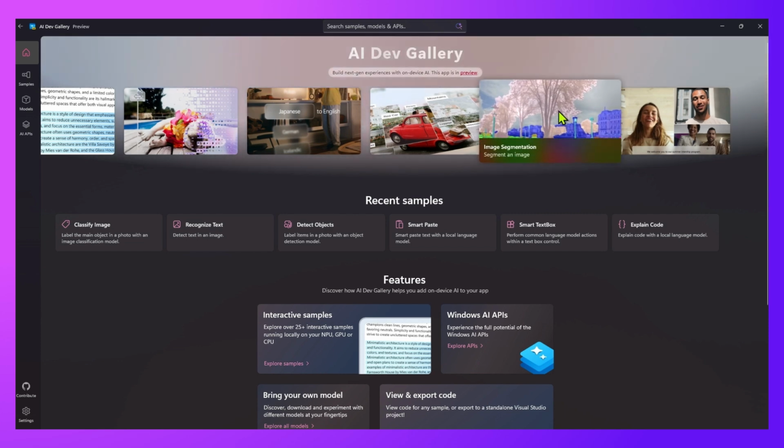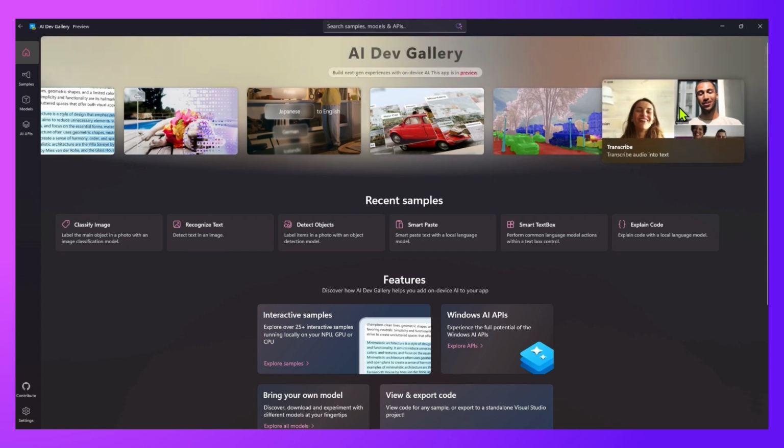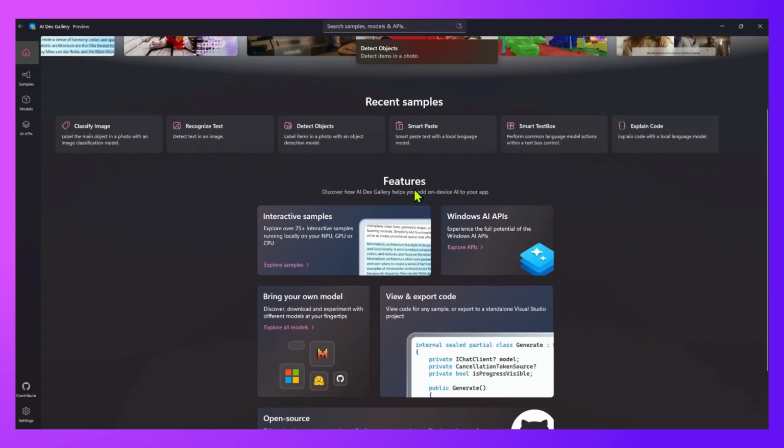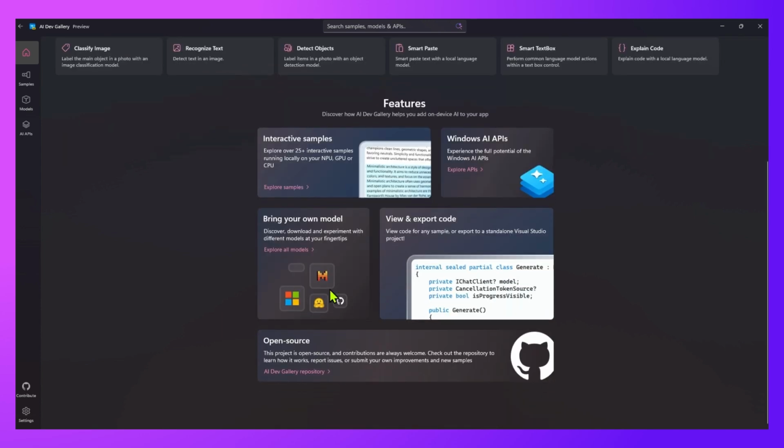Segmenting an image. Now this is for self-driving cars. This one is transcribing the audio into text, like how Teams does, Microsoft Teams. And you get to see various image samples, from detecting an object to smart text box to explaining the code. And you can just scroll, and then you can see all the Windows AI API interactive samples, bringing your own